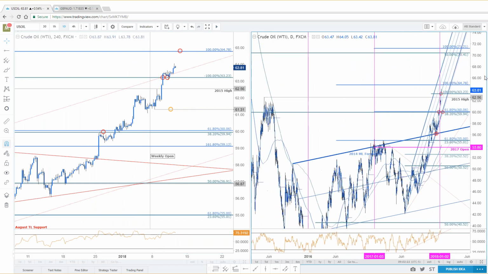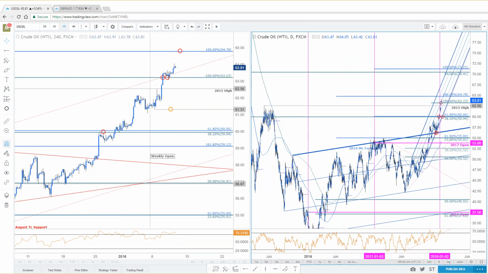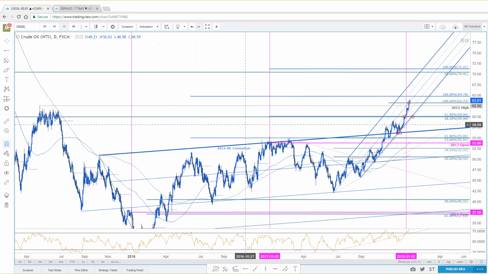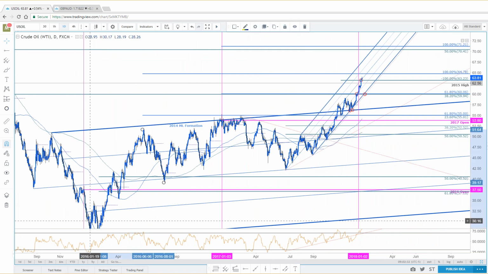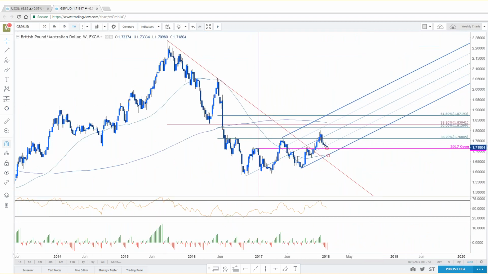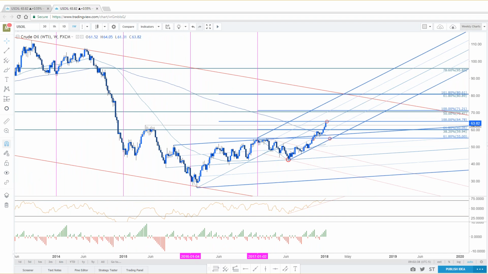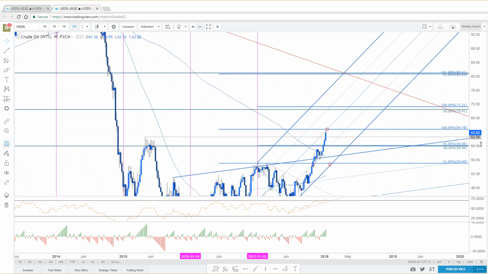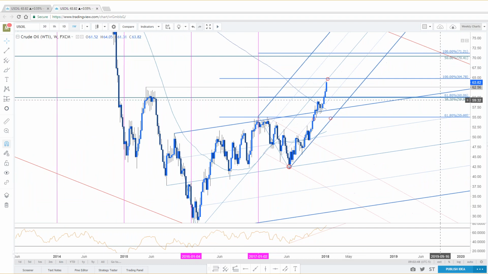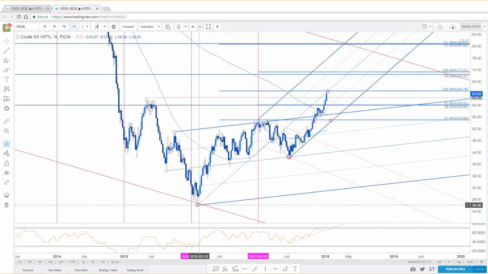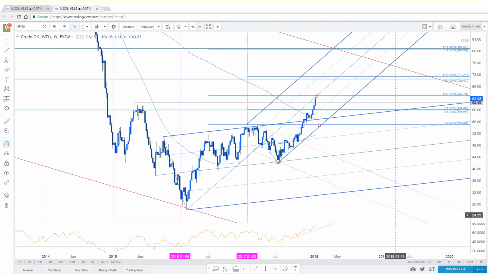Okay, just to give you a longer-term picture, here's what crude prices look like. On the daily chart, this would be the 100% extension from the advance off the lows made in 2016. Also, looking at this from the weekly standpoint, it certainly continues to highlight that same level, 64.78. The slope you're looking at here on the weekly chart, guys, is a little different from the slope on the daily chart, and this sharper slope puts the median line right there at 64.78 as we close out this week.